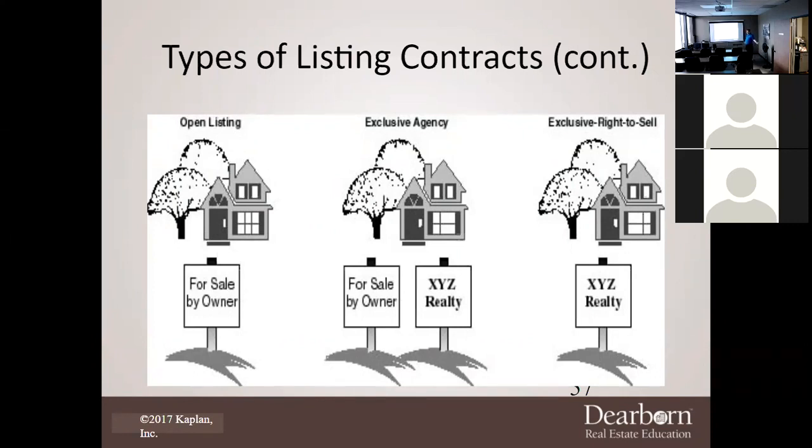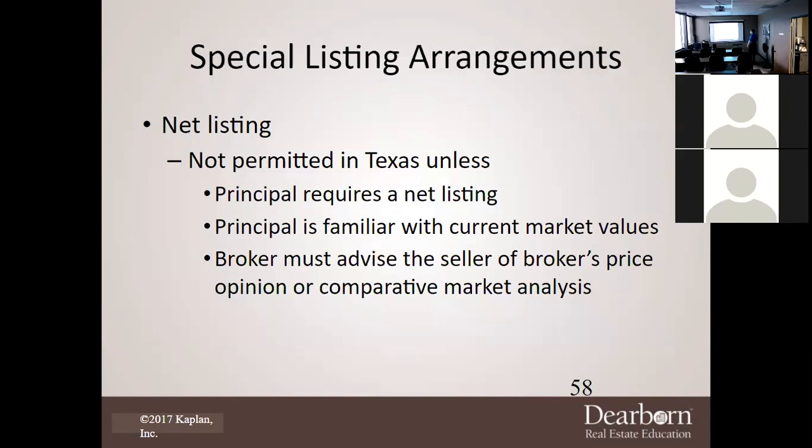Yeah. It just makes things simpler. Mr. Eugene, I'm selling your house. That's what you're hiring me for. I mean, could you imagine if you hired an attorney and it was in the middle of your relationship? Okay, now attorney Aiden, you're representing me in this murder trial, but I'm also going to represent myself. Okay, let's go. What's the problem with that? It's going to be a nightmare and a half. Okay, not acceptable. Now, of course, the net listing is what they call, it's not permitted in Texas.